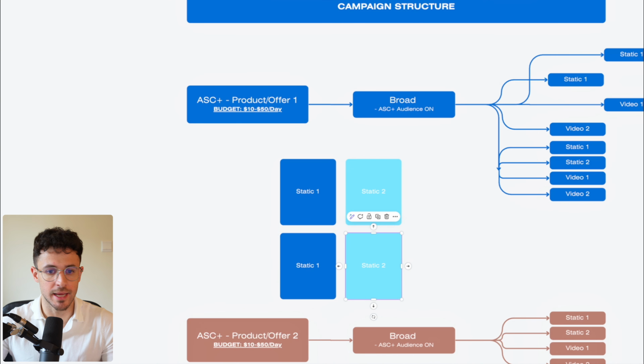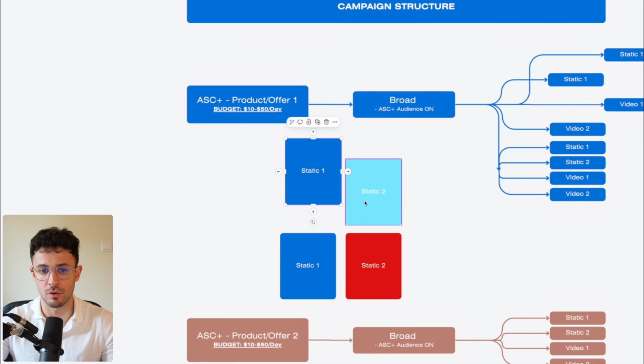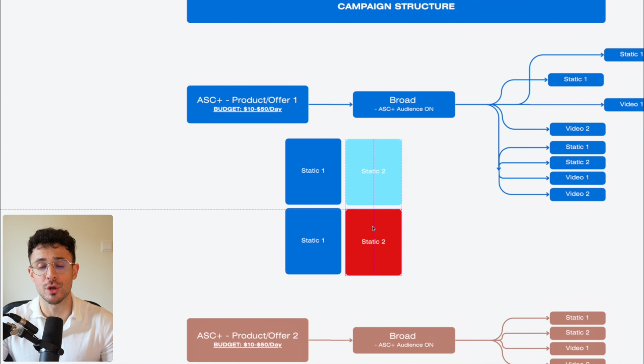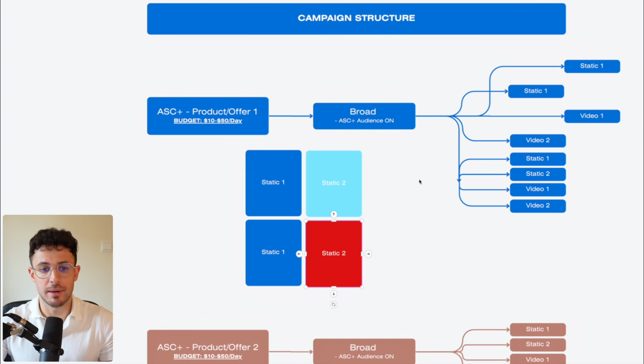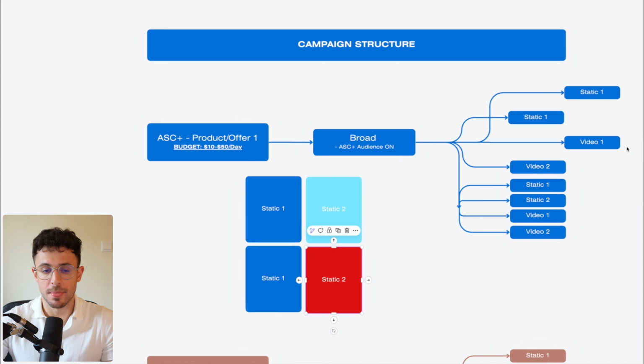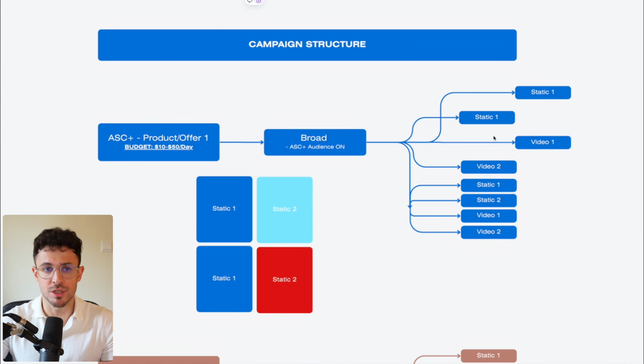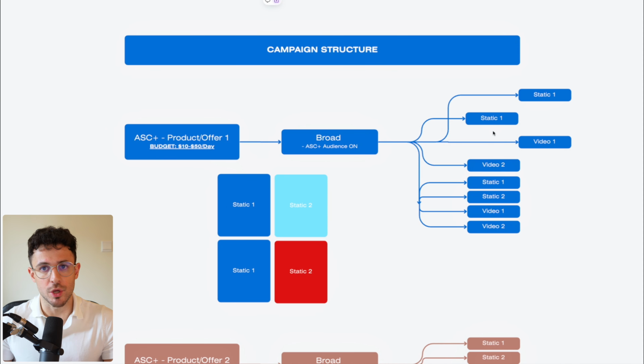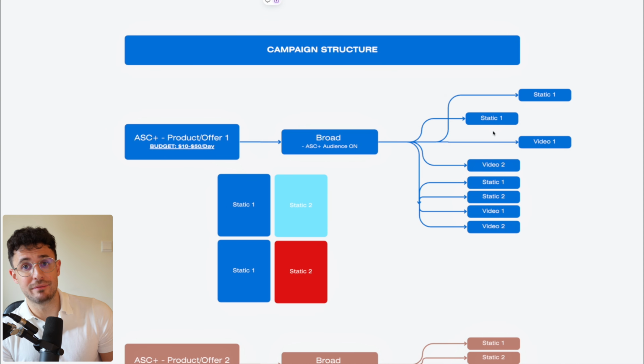So if you test an angle, whatever angle it is, you want to try another different type of angle or creative type. Creative type, like if you're using a static, cool, try a video. If you're using a professional video, cool, try a UGC. You want to try catalog? The only thing that you don't have to do, which is actually also important, is